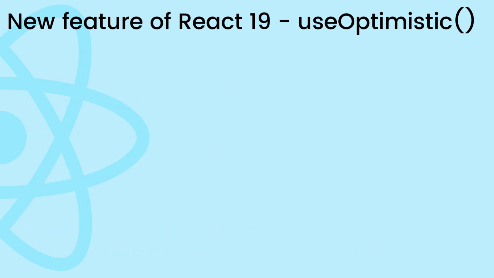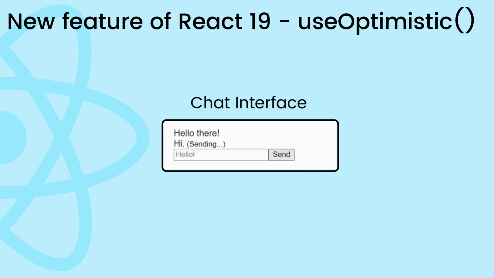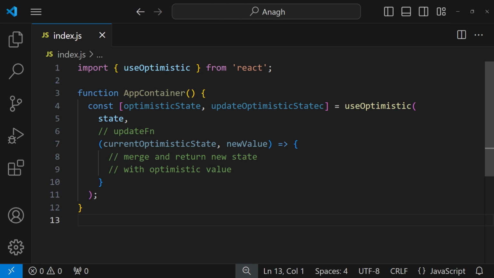Let's see how useOptimistic works in action. I'll show you a simple chat interface. When you click the send button, the sending message will appear in the chat for a few seconds even before the server confirms its delivery. To better understand how this hook helps to achieve this output, let's start by exploring its